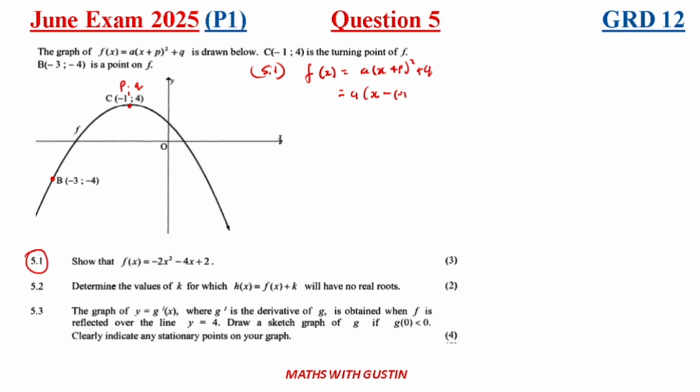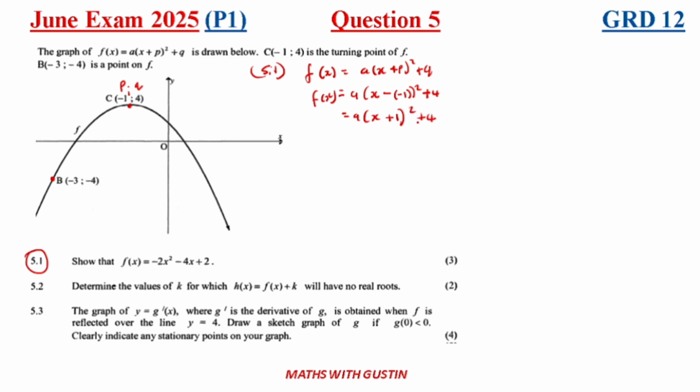All squared, and then we have here plus 4, right? Then we can go ahead. As you can see right here, this is what we're gonna be left with: x plus 1 all squared